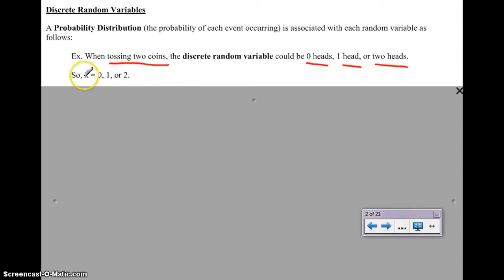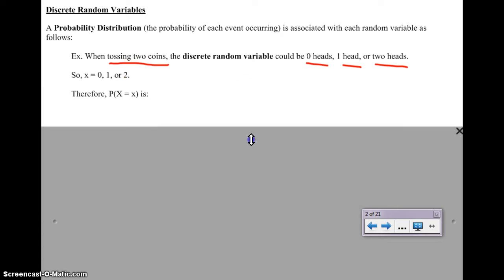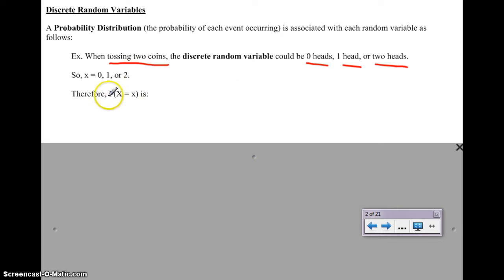We are going to talk about our random variable x, and we're tossing the coins, and we want to see what's the probability of x being 0. Since x is the number of heads, we could have 0 heads, 1 head, or 2 heads. So we're just starting to use math notation to talk about real life experiments. P stands for probability. So we're going to say the probability that x is equal to 0. If you have 0 heads, what is the probability of that happening?